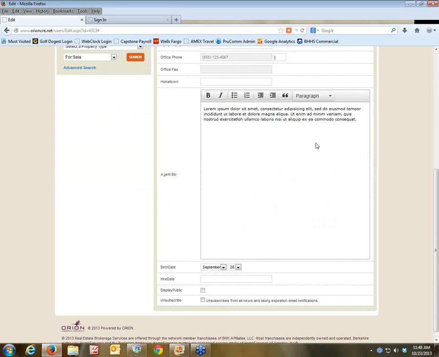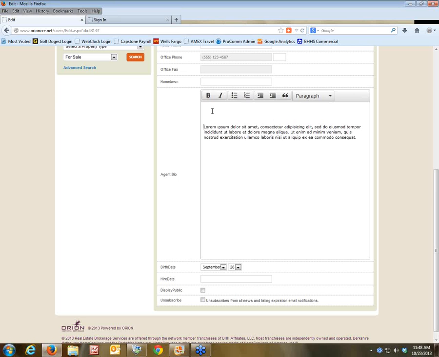You'll see here, and we have a lot of gibberish, but here's where you put the cursor and start typing. And we have trainings on what to say in your bio if you don't know what to say. But we recommend just type your bio, keep it focused on commercial and investment real estate. If you want to bold something or italicize it or bullet point it or whatever, there's all kinds of things